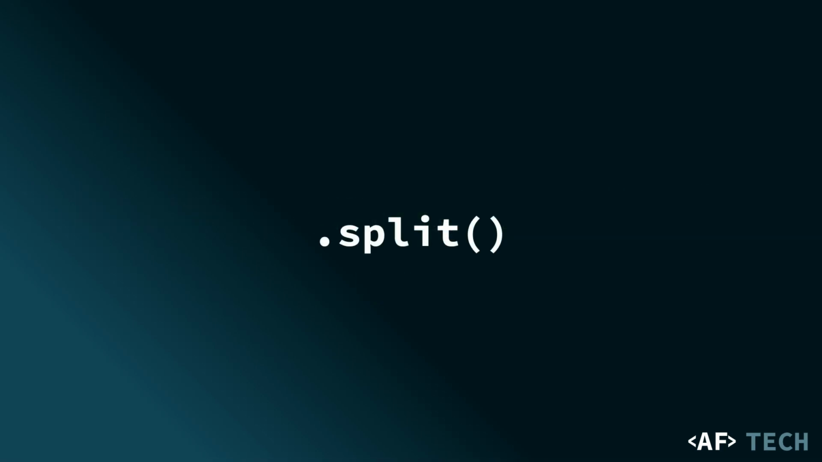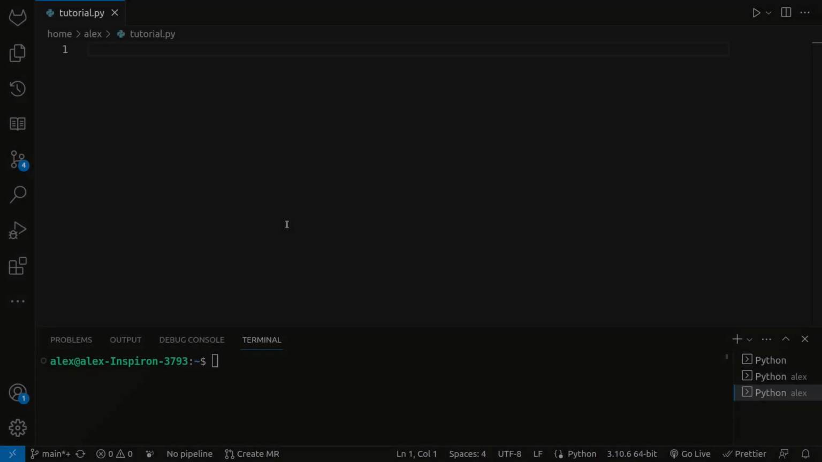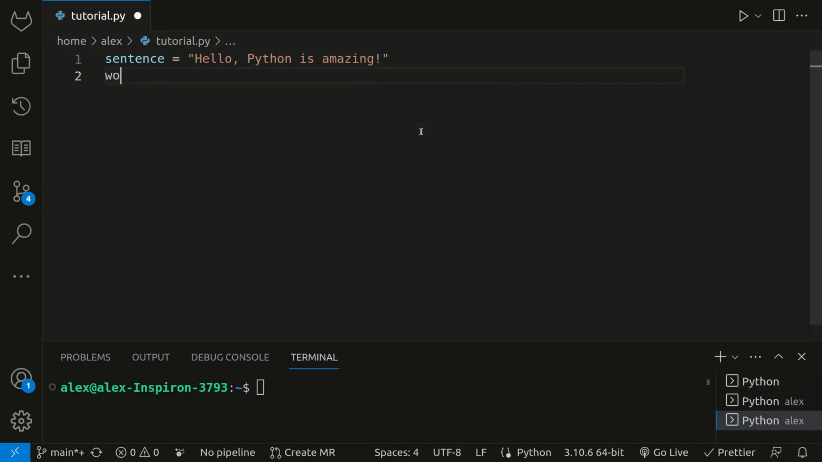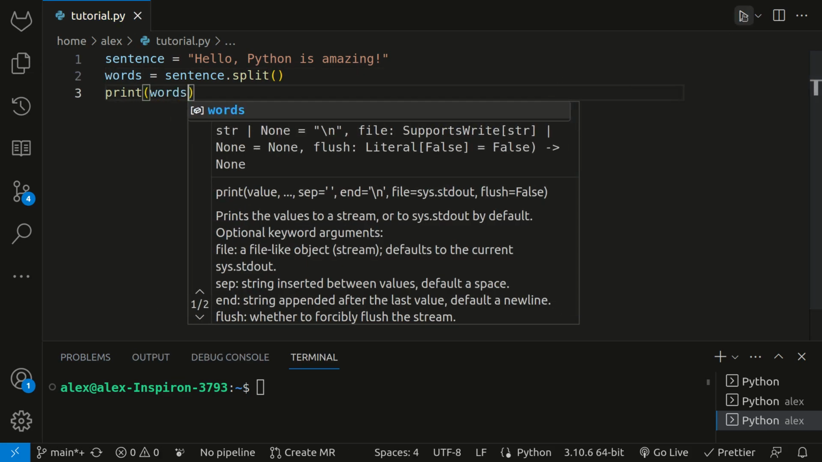Let's start by introducing the dot split method, a versatile tool for splitting a string into a list of substrings based on a specified delimiter. By using dot split, you can separate words, phrases, or any other elements in a string based on a defined separator. Here's an example to demonstrate the usage of dot split. We can have sentence equal to "Hello, Python is amazing." And we can have words equal sentence dot split. And so dot split actually returns a list, so words is equal to a list. And then we can print words, and we can see that it's a list because when we run it,